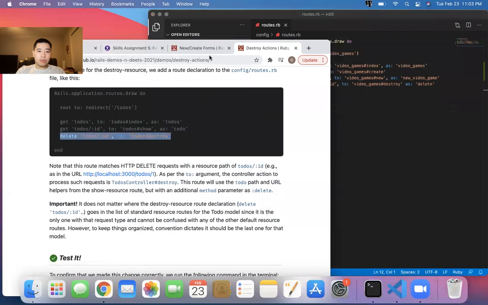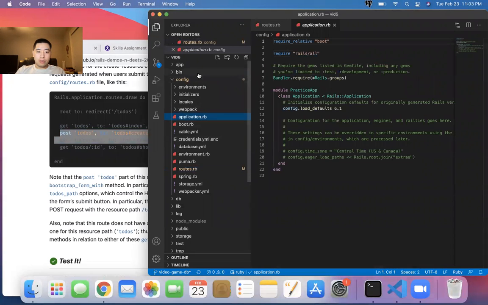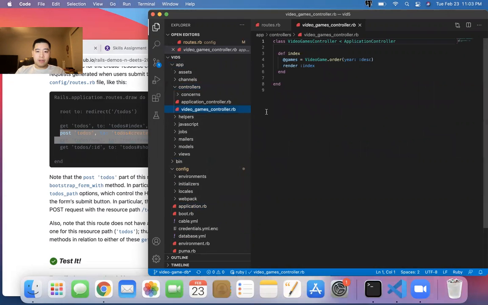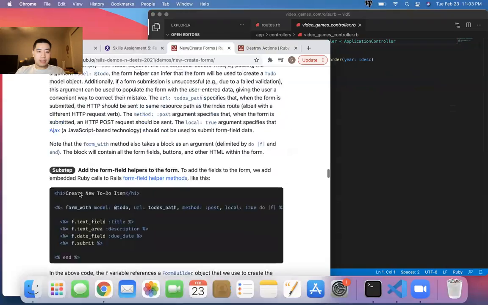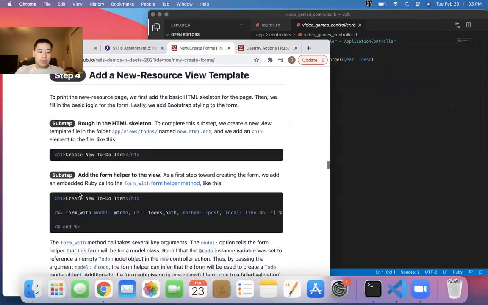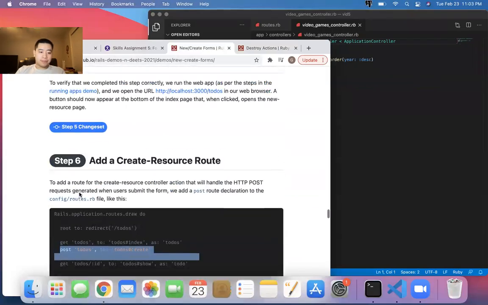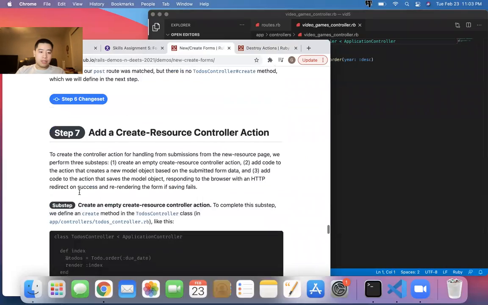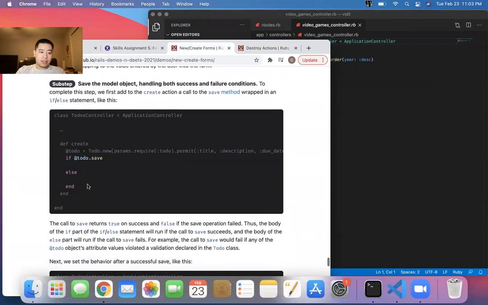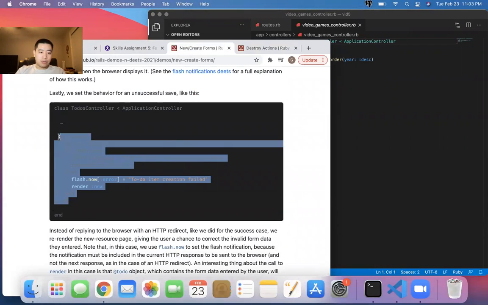Okay, next, what we want to do is make our controllers. For the controllers, we go to app controller, and here's our file with our controllers in it. Similar to the routes page, we need to add three of them: one for delete and two for create. So for the delete one, I'm going to go over here. Well, this is create, not delete. I'm going to go ahead and grab this create route,